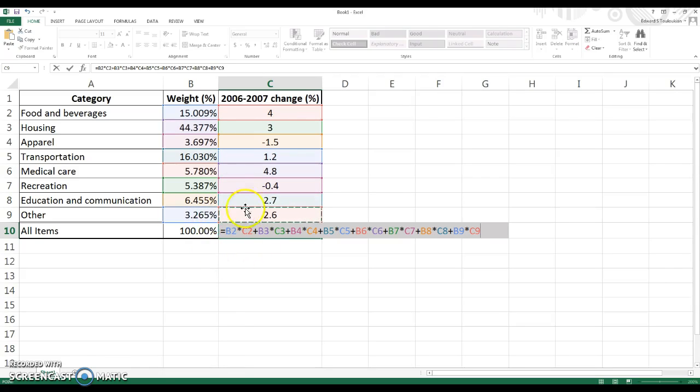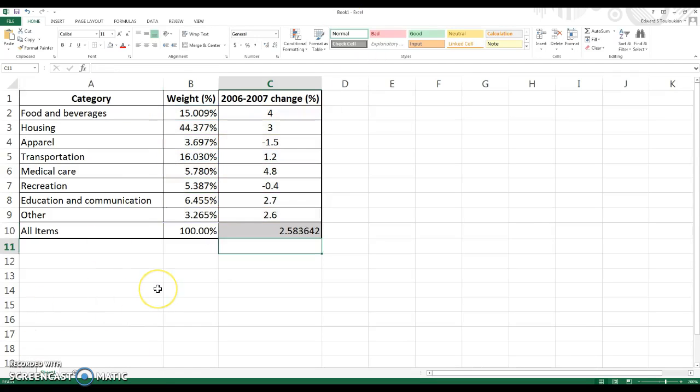All right, and so what this will do is this will say, okay, what was the average increase in my total budget? We know that food and beverage goes up 4%, housing goes up 3%, apparel drops, but the average budget is going to actually increase by about 2.5%. So we're going to go center this now. And that's a lot of decimals. I can actually decrease that. Let's do 2 decimal places. Okay, and so that right there then would be my increase there.